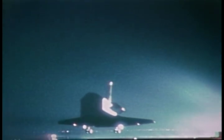This is the Challenger coming in for landing on runway 22 at Edwards. You'll see us kicking up a little bit of dust off the runway surface. There's the touchdown, which was